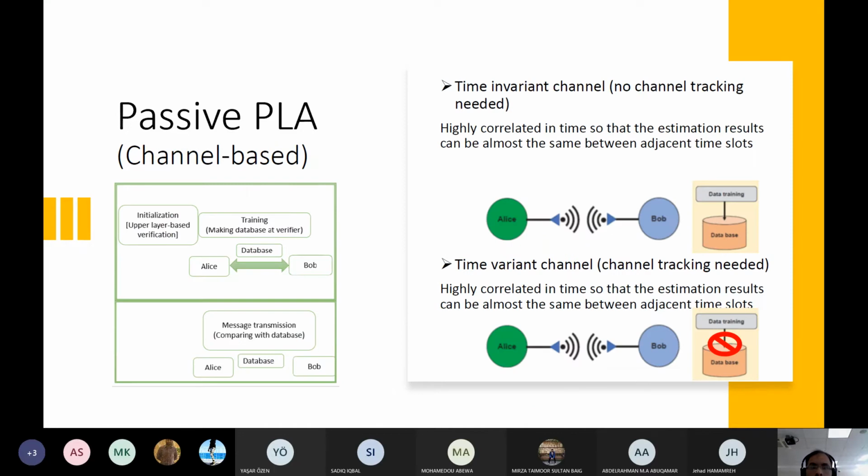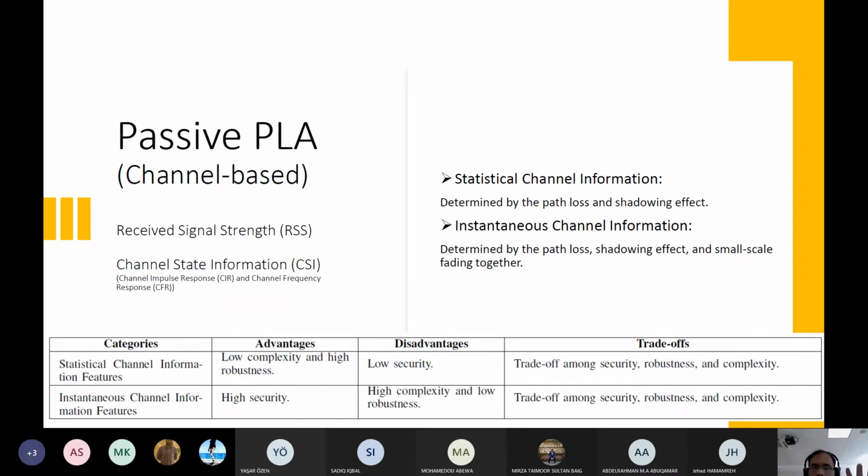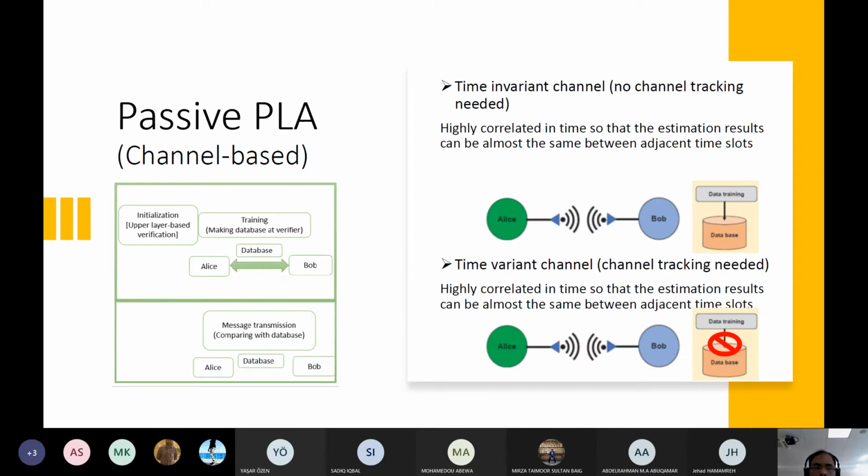Now, another very important thing when you are thinking about channel, if you take any wireless course or in general, the channel can be static, invariant, or variant. For example, there are two nodes. They are static. The channel is not changing. The environment is static. You estimate the channel, you did the training, and after some time you send a signal.